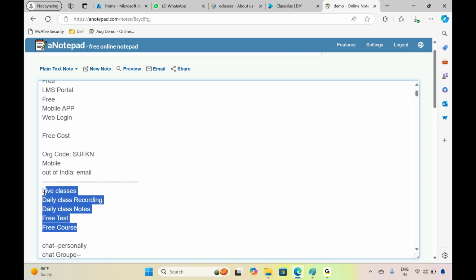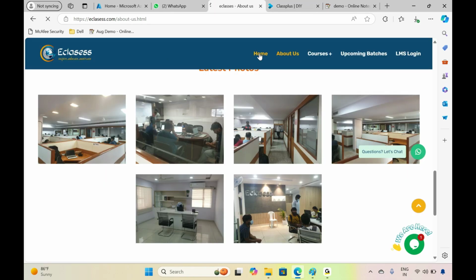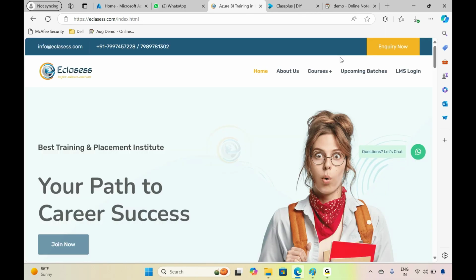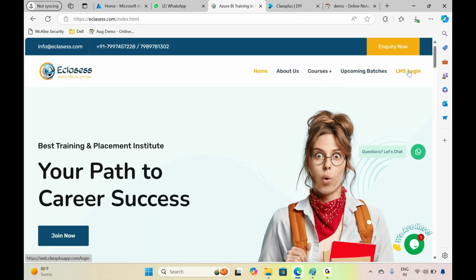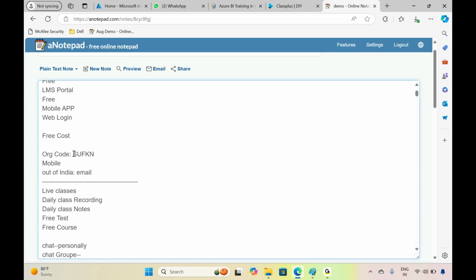If you want to log into the LMS portal, simply go to our eClasses website, where you will see an LMS login. Click on it and it will ask for an organization code. You can provide SUFKN as the organization code, and give your mobile number. You can register, and once you are logged in, you will find some free courses available.